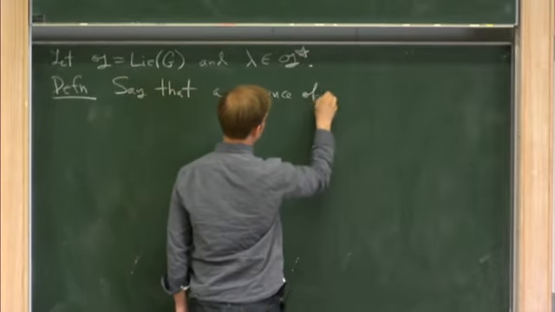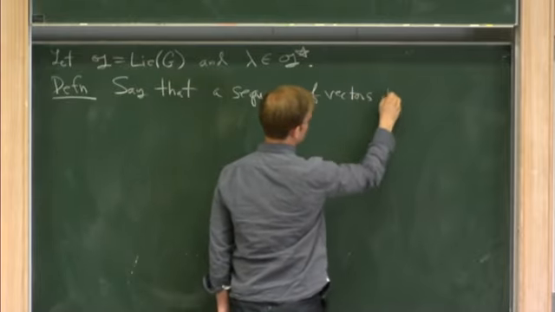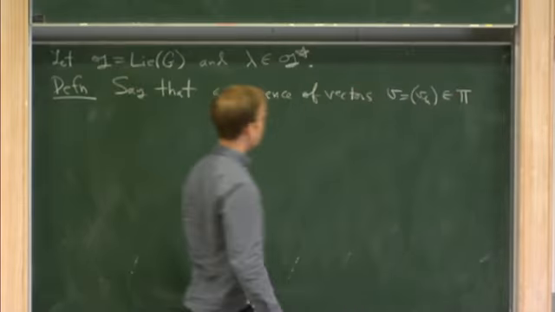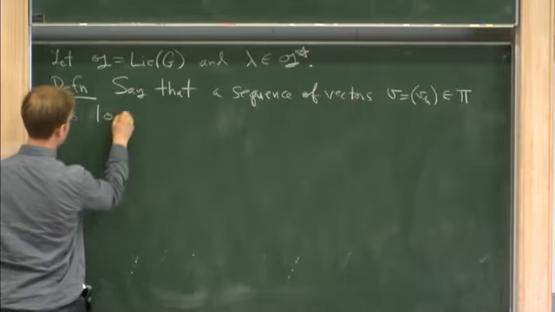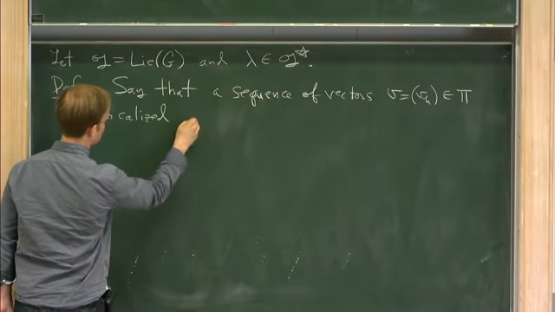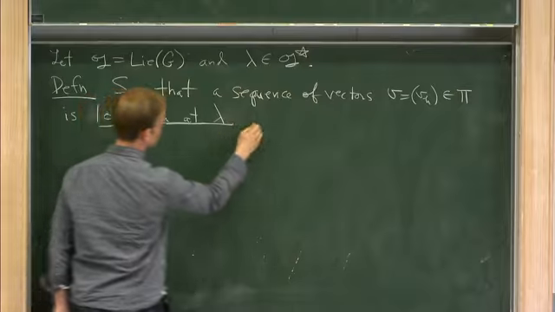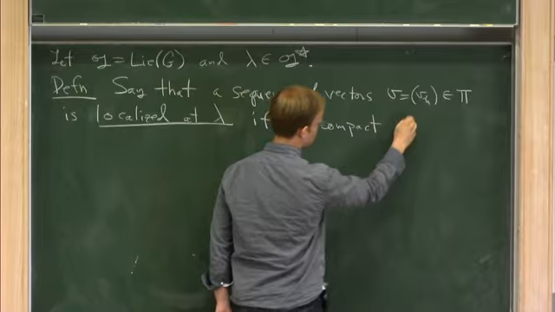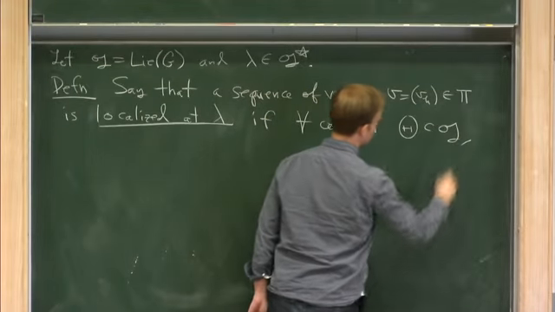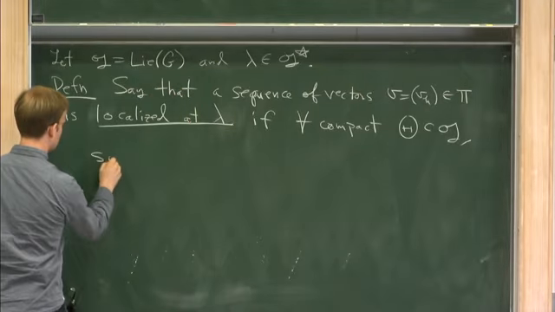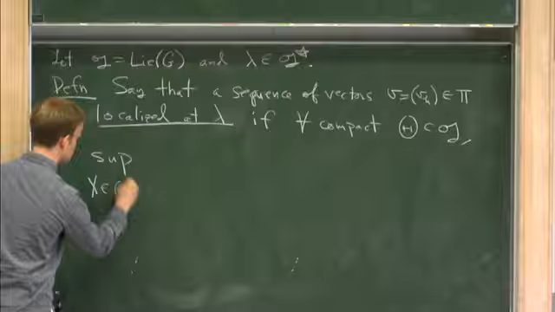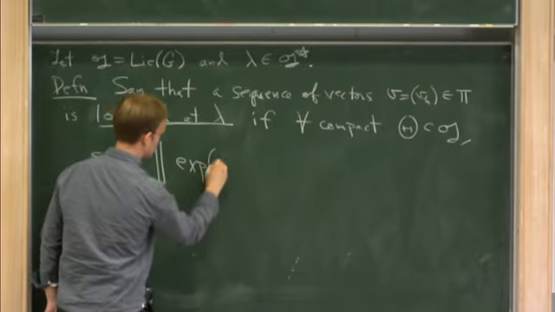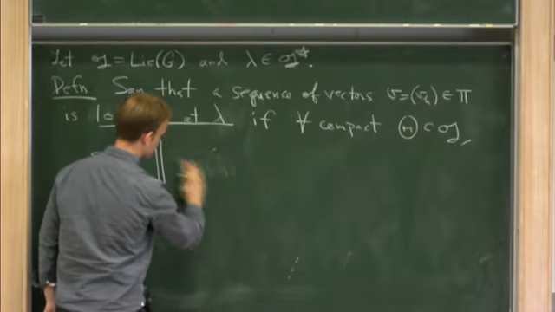Say that a sequence of vectors, v, which as always we'll denote by v_h, in this Cartesian product of the π_h, is localized at λ if for each compact subset, I'll call it Θ, of the Lie algebra, the supremum over all elements of this set of, I'll write the notation π,